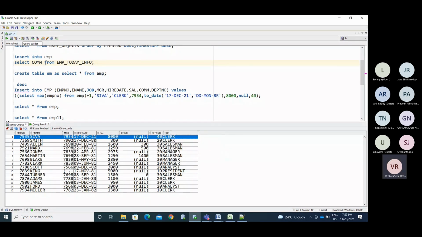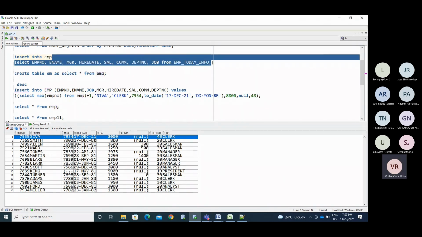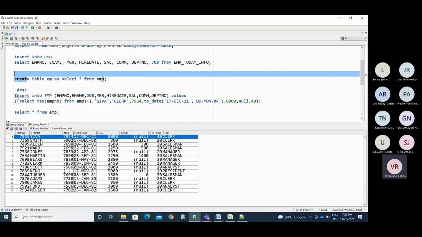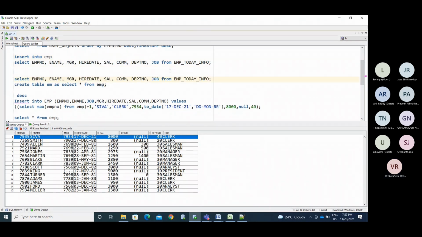Copy all the columns. What is the source we have? This is your source table. The target table is where you need to push the data. The employee table has these columns and I copied the target columns. Now I am trying to map this information. Run this now.